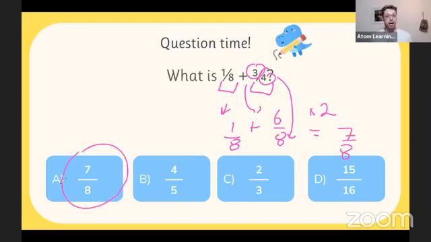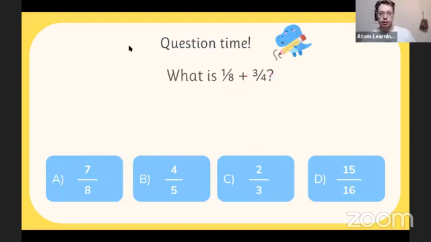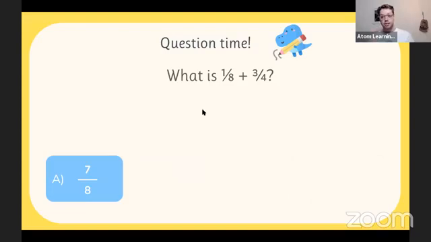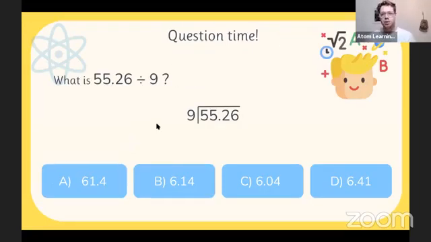So well done everyone who put A in the Q&A and all commented it. Really, really good. Again, just needs practice. So if you got a little bit lost in that, just review your fractions, maybe watch some of our YouTube videos on fractions, they're all free, and just ask whoever looks after you to give you some fraction questions to practice. Okay, now we have questions like this, which just look terrifying.